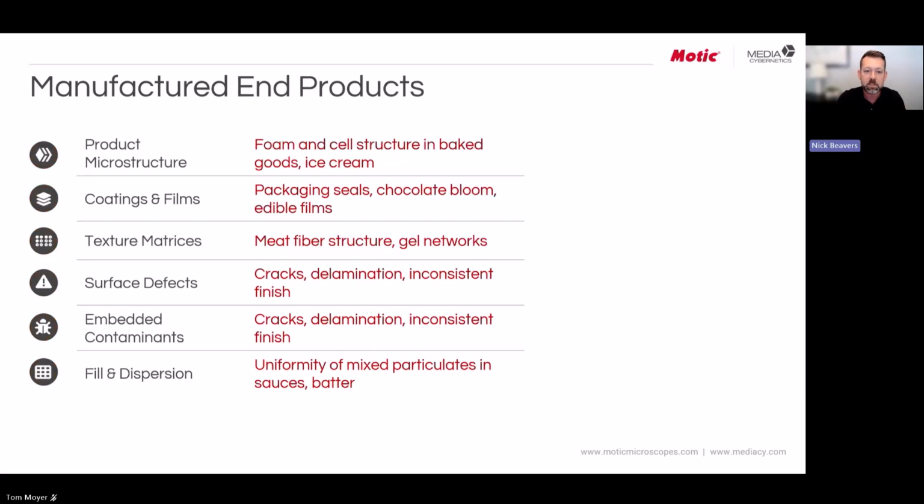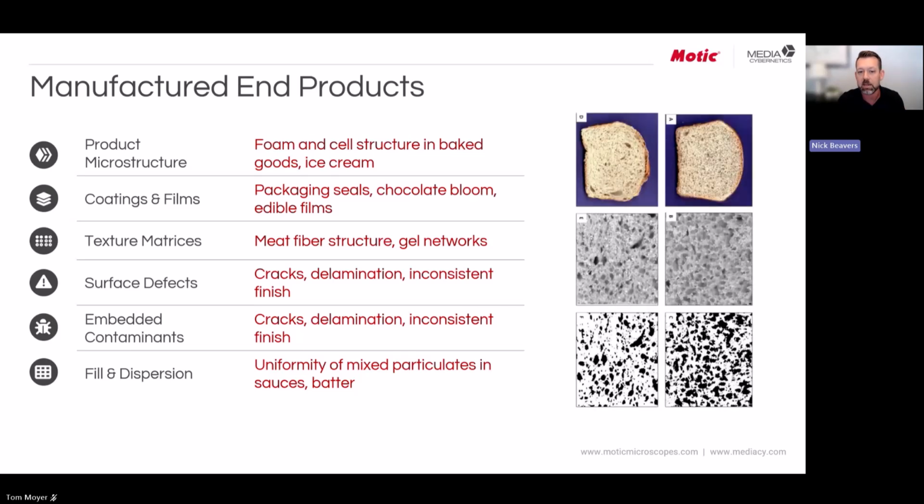So on the next slide, we're talking about manufactured end products. And this, again, you have a different look and feel. So maybe you're looking at cellular or foam structures in baked goods. You're not going to see something exactly like this in your micromaterials. But the point I want to make is we're going to demonstrate today how just because it is a different image, and it is a different look and feel altogether of what you've captured,